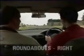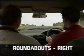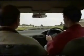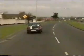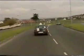What I want to do now is the third exit on the roundabout, which in effect is a right-hand turn. Now, as with any right-hand turn, lane position is critical. So the usual sequence: rear view mirror, indicate right, right-hand door mirror, the coast is clear so I can edge over, left centre of the road, braking,